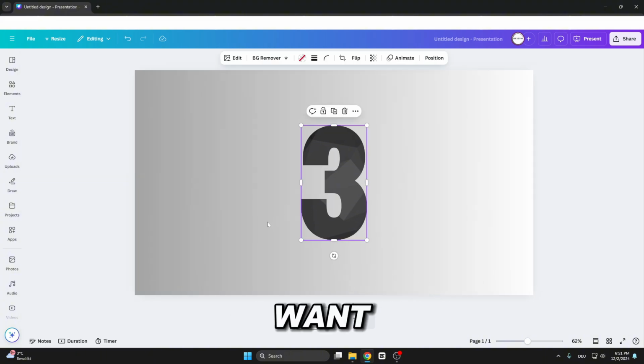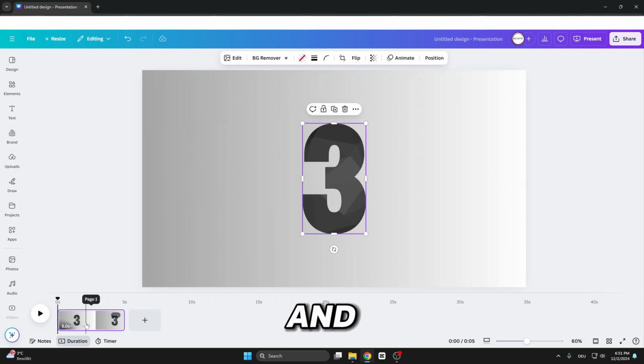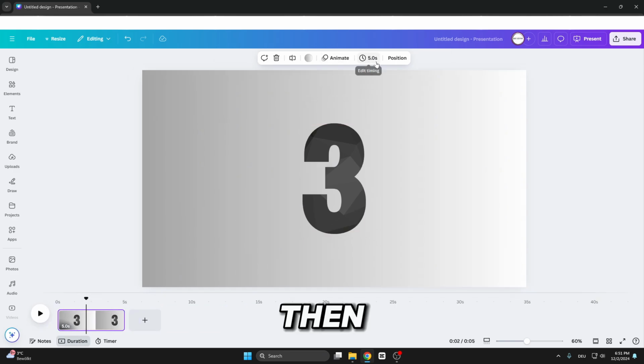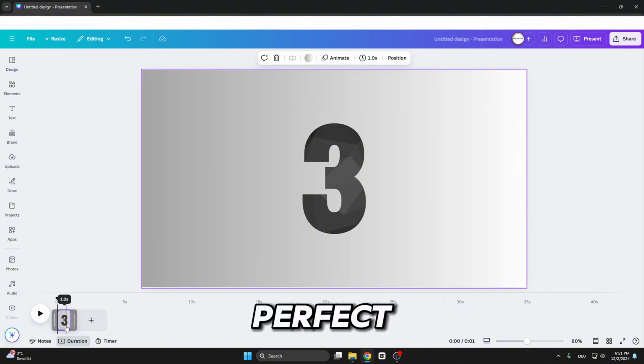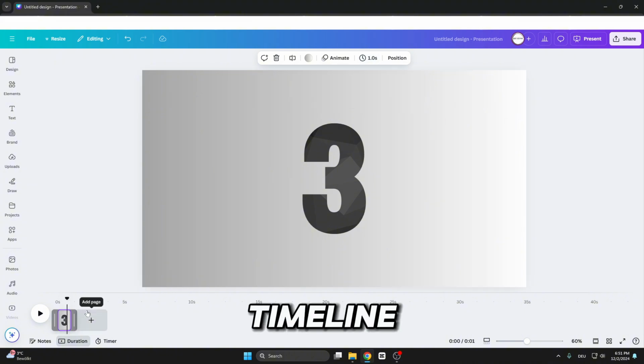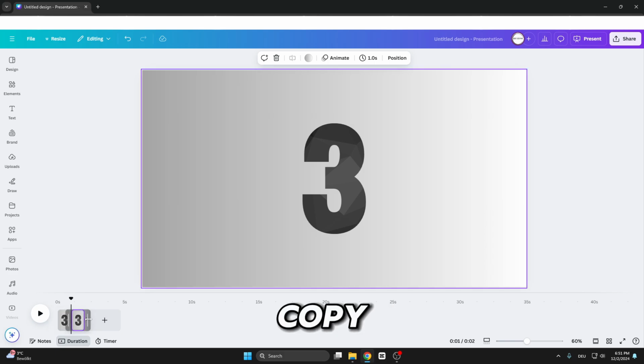Alright, if you want to change the duration, just click here on the duration tab and on the picture. Then you can see this watch here. Click here and you can slide this timing to the right or left. You can also change it by pressing here and type in 1 second. Perfect. Just click on the 3 in the timeline, Ctrl C and Ctrl V to copy and paste, and then